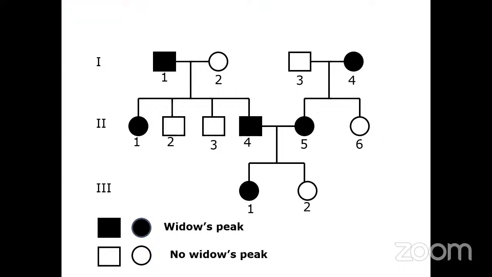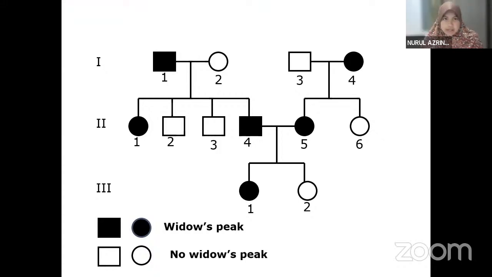Faham. Okay, so now let's go and look at the pedigree. Okay, sekarang given to you is 3 generations. Generation 1, Generation 2, Generation 3. Okay, remember, Madam dah cakap tadi, widow's peak is not carried by sex chromosome. So maknanya tak kisah lelaki ke perempuan ke, as long as they carry the dominant allele, she or he will inherit the widow's peak